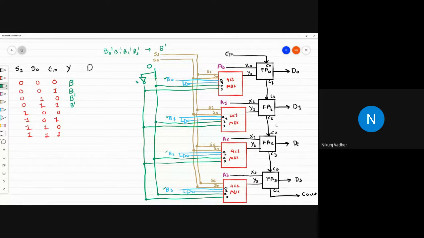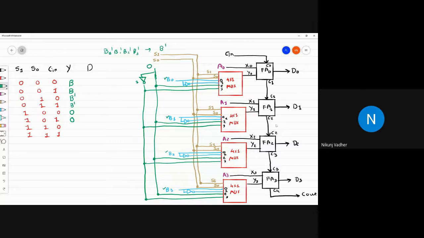In the next case, 1 0. 1 0 means the third input will be selected. What is the third input? The third input is 0. So 0 will be forwarded over here from this multiplexer. 0 will be selected. 0 will be forwarded here. So in the next two cases,